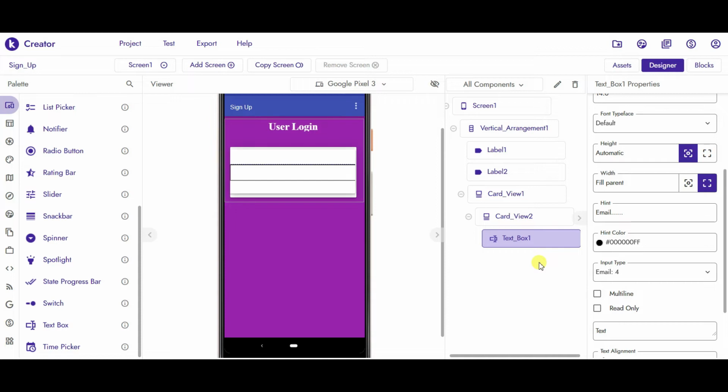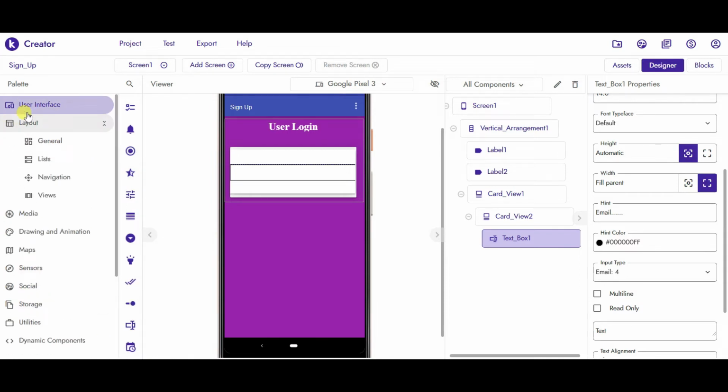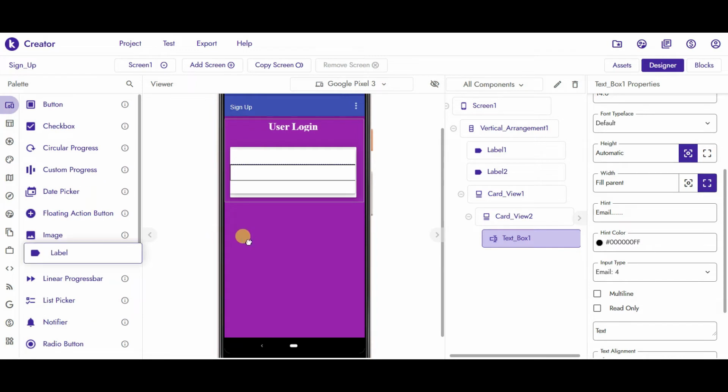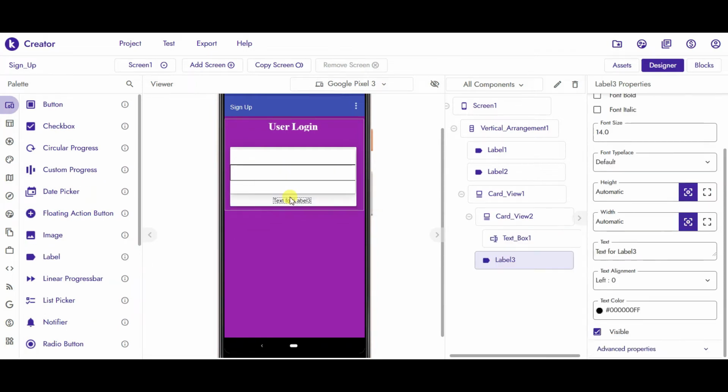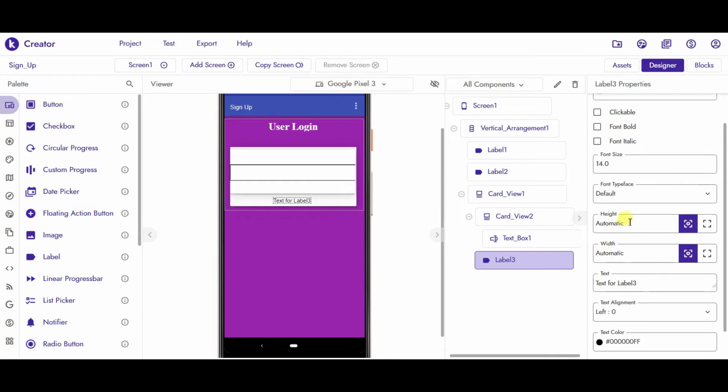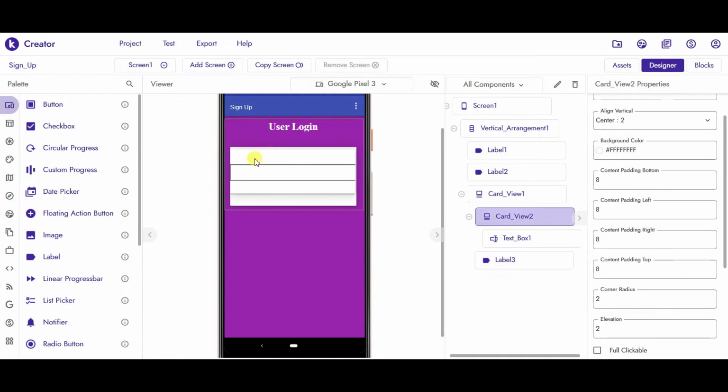Now we are going to take one label to create some gap again. In this label, set the height to 2% and remove the text. Now just duplicate this card view, card view 2.